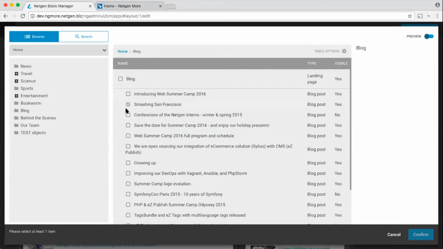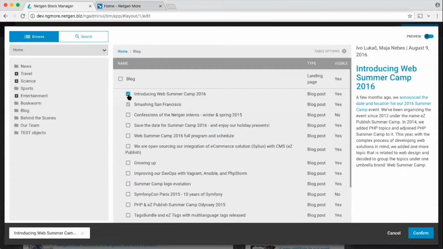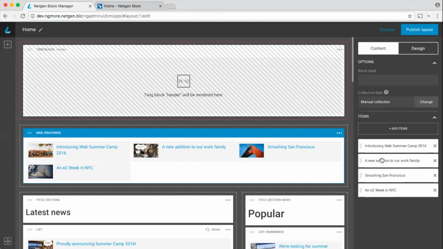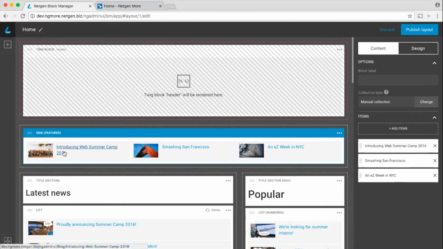And I can select some other. I can preview it. It's selected here, and I click here, and it will be added. And I can remove, for example, this one. So again, I have 3. I replaced that one item. So this is a manual block, and if I would publish this now, it would change that one item on